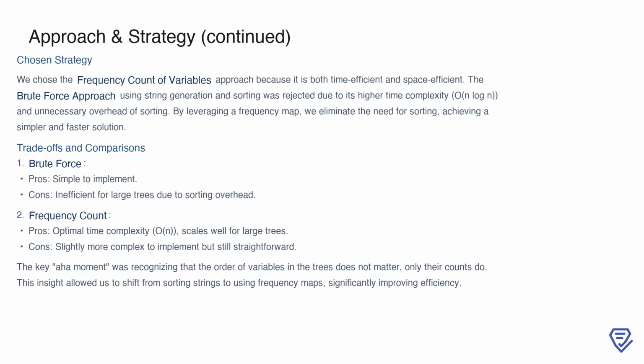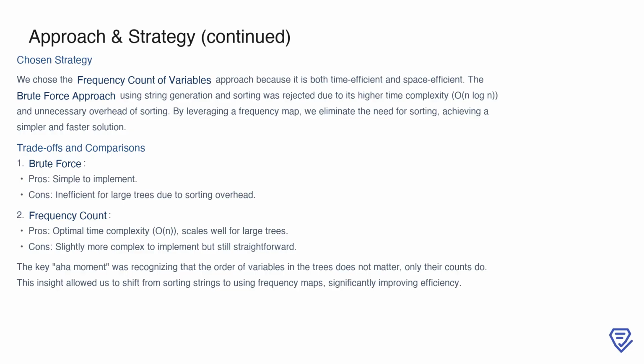Comparing the two approaches, the brute force method is easy to implement but becomes inefficient for large trees due to the sorting step. In contrast, the frequency count method has an optimal time complexity of O(n), and scales well for larger inputs, though it is slightly more complex to implement. The key insight driving this choice was recognizing that the order of variables in the trees is irrelevant, only their counts matter. This realization allowed us to shift from sorting strings to using frequency maps, leading to a significant improvement